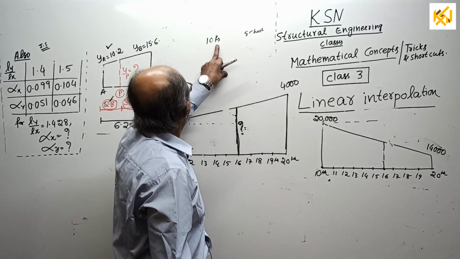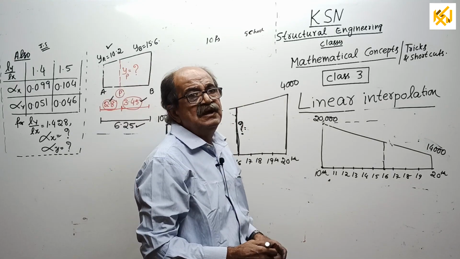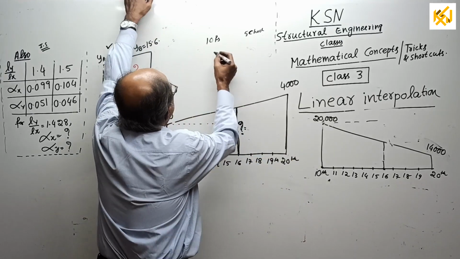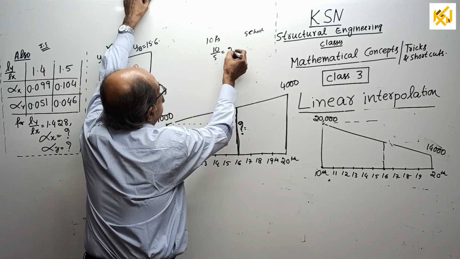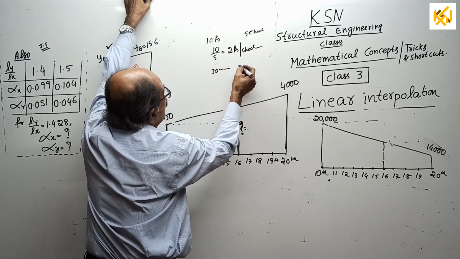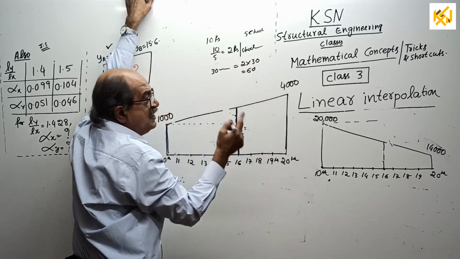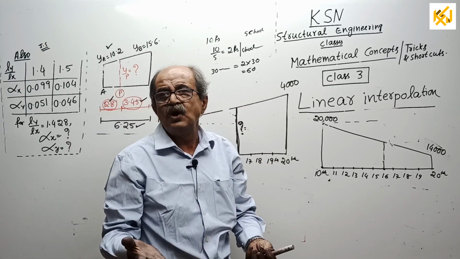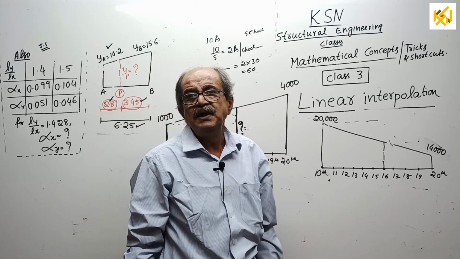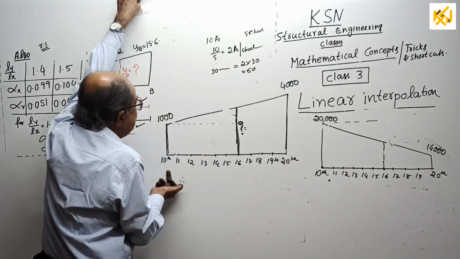See, someone will tell you, if you pay 10 rupees, you get 5 chocolates. Okay. Now, suppose you want to buy 30 chocolates. How much money do you have to pay? See what an uneducated person will do. 10 rupees for 5 chocolates, he will tell 2 rupees per chocolate. Then if I want 30 chocolates, the answer is 2 rupees for each chocolate times 30, equal to 60 rupees. In India, rupees. That's all. So that 10 divided by 5 is called the rate of change. That is how much is per unit. Here the unit is the base. Change is the ordinate.